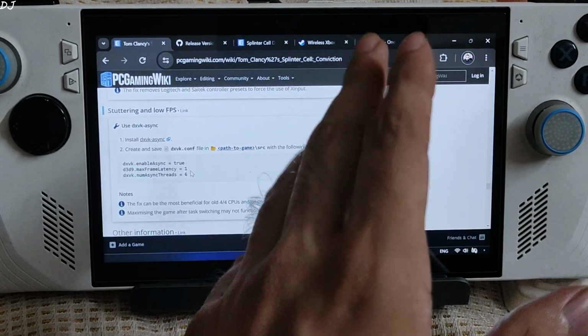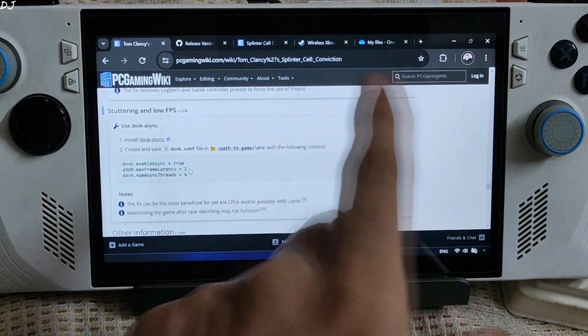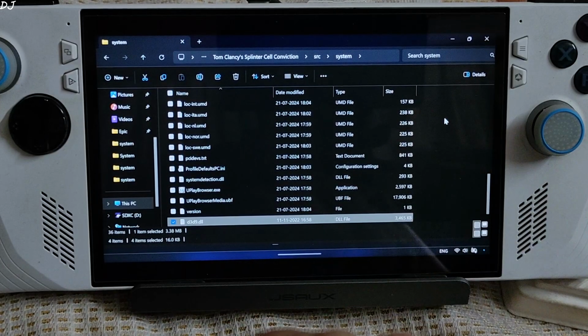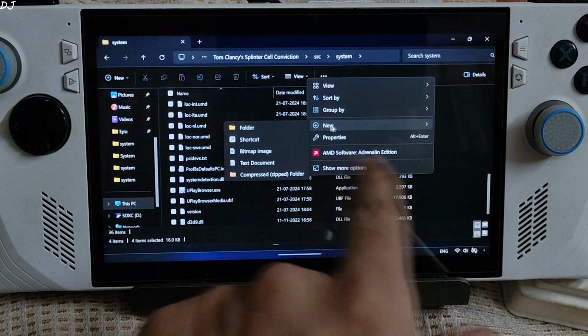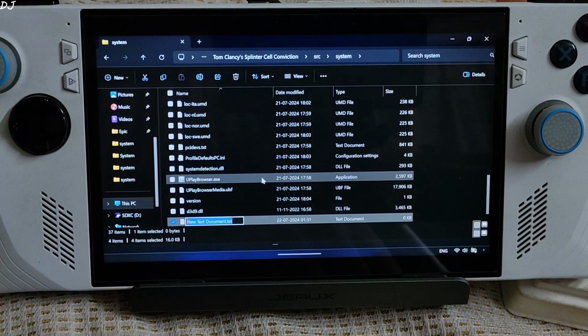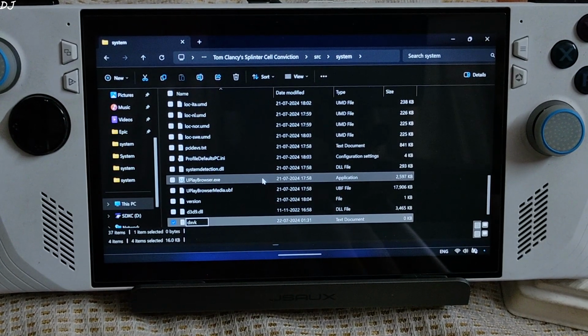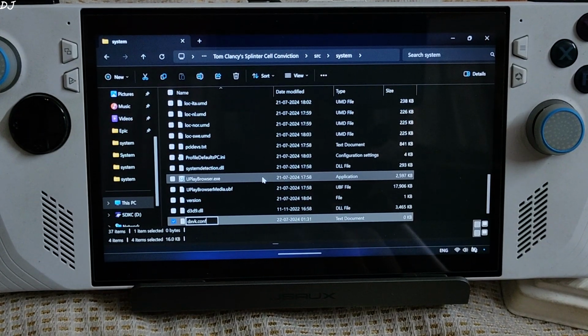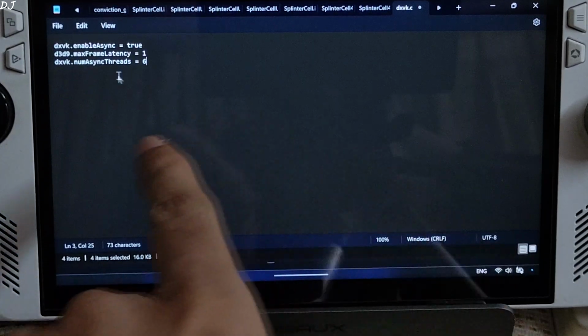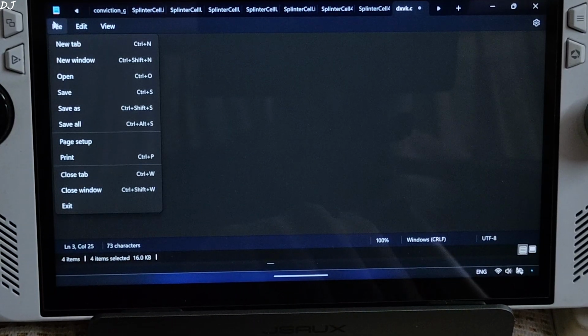Just go to the game's PCGamingWiki page, scroll down until you find the stuttering and low FPS section, and copy these 3 lines. Go back to the game's directory where you pasted DXVK's DLL file, right click anywhere in the blank area, go to new, click on text document, select the entire text, type dxvk.conf, and just zoom in. This is the name. Hit enter, yes, open this file, paste the lines that you just copied, these 3 lines, click on file, save,